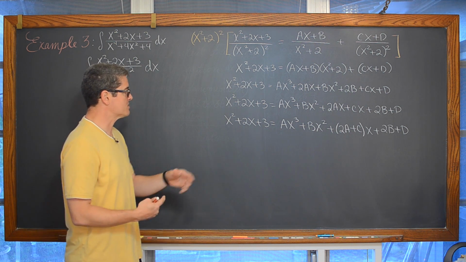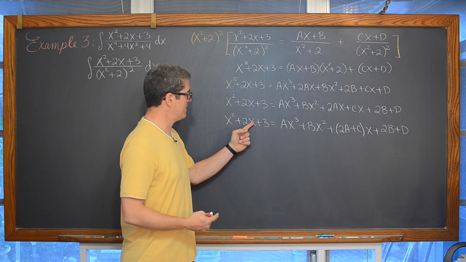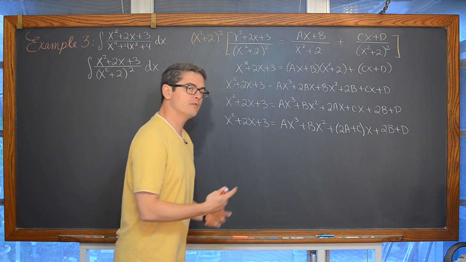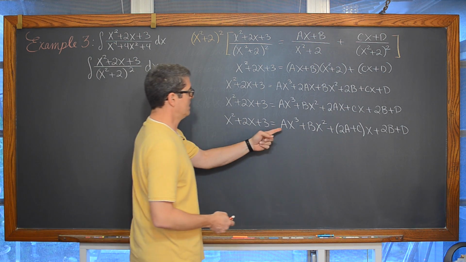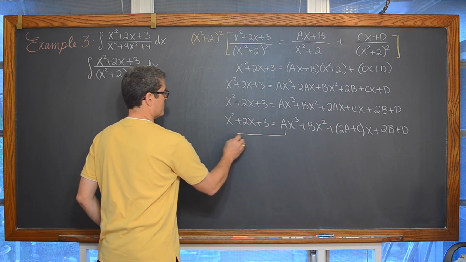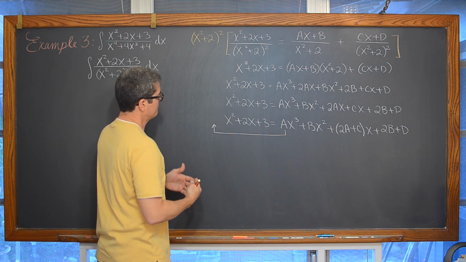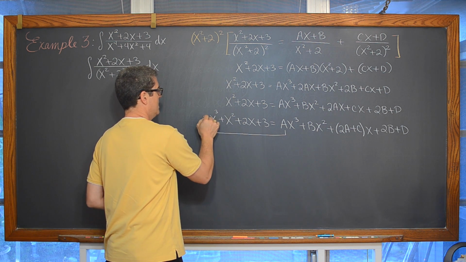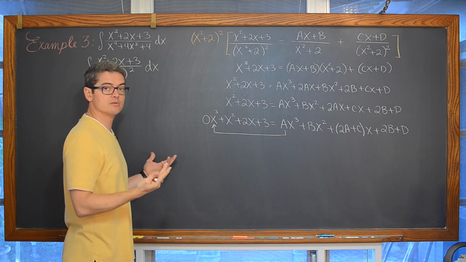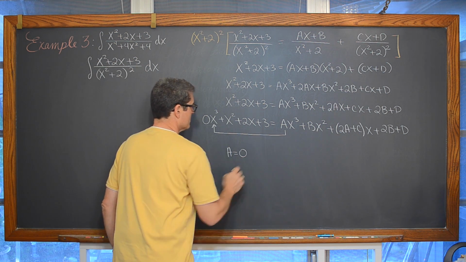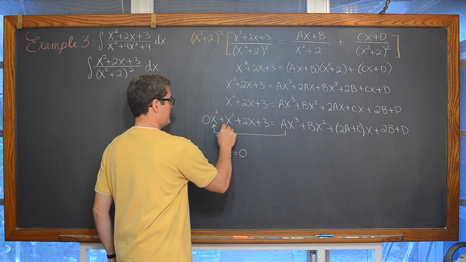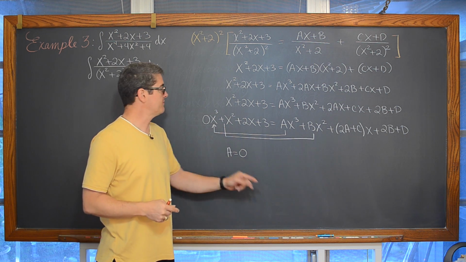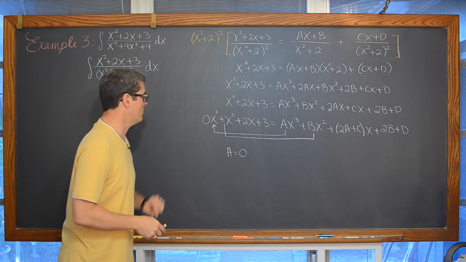Now, we're going to match up here. What we do with these systems of equations is we go, okay, we have powers of 2, 1, and constants. Over here on the right-hand side, we have powers of 3, 2, 1, and we're going to match up the coefficients of all of these degrees. Well, there is no power of 3 on the left-hand side, which means that if we say that there's some kind of variable of x to the third power, then its coefficient would have to be 0. So we have a is equal to 0, and now matching up the coefficients of our second degree terms, we have only 1 second degree term on the left and 1 degree of 2 on the right, so b is going to be equal to 1.